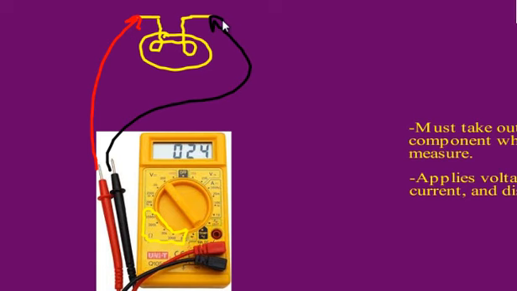So if you just want to measure the resistance of any component, you actually have to take it out of the circuit, whether it be the battery or the light bulb or the actual resistor. And then you just hook it up to the multimeter. The multimeter uses its own battery to create a little current through there, and then uses that to display the proper resistance here on